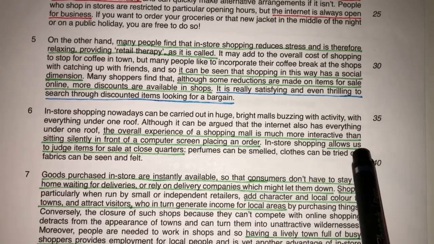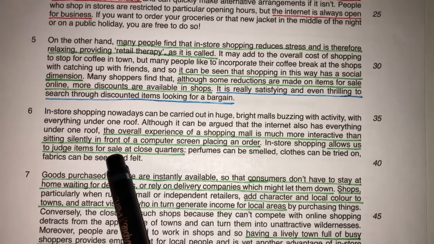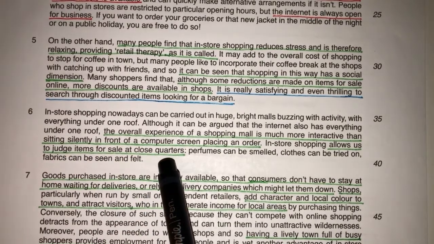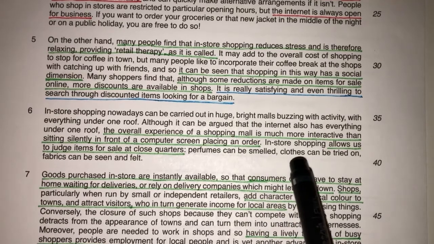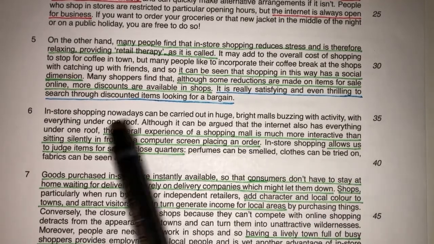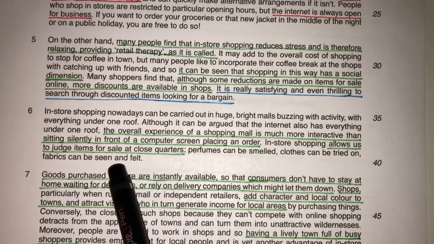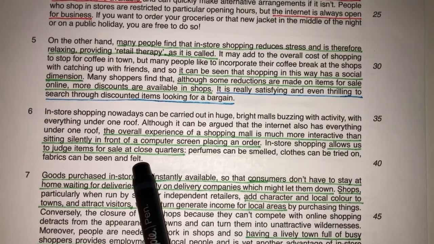In-store shopping allows us to judge items for sale at close quarters. Perfumes can be smelled, clothes can be tried on, fabrics can be seen and felt." Okay,